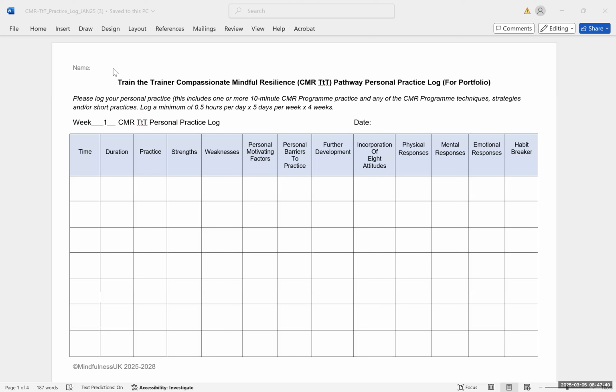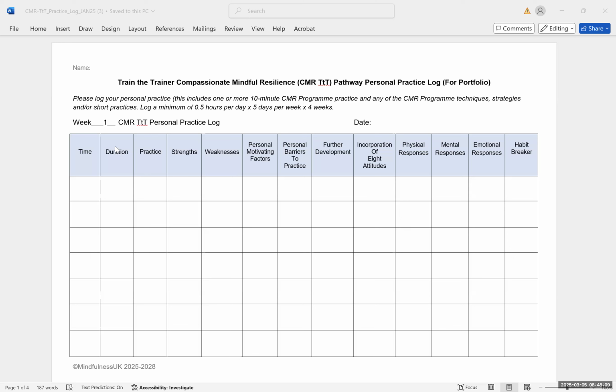I then put your name on it, and these are 4 weeks worth of tasks. So if you scroll down, you'll see that there's week 1 and there's also week 2, week 3, week 4. And you put the date that you're starting, and you choose when you're going to do this 4-week window of practices. Of course, you're practicing all the time, but you are selecting a 4-week window and you're focusing specifically on